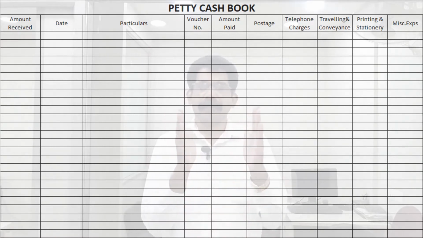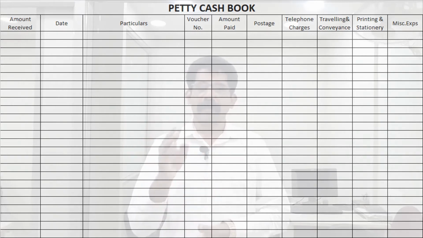At the end of the month, we will total each column. Each column will show an expense of that particular account. That total will be transferred to the concerned ledger. For example, if we have printing and stationery, postage and telegram, staff welfare, we will total these columns one by one at the end of the month, and the printing and stationery column shows 500 rupees total.